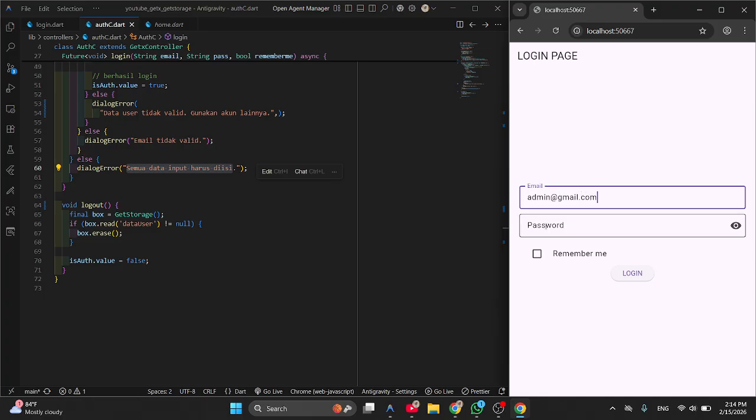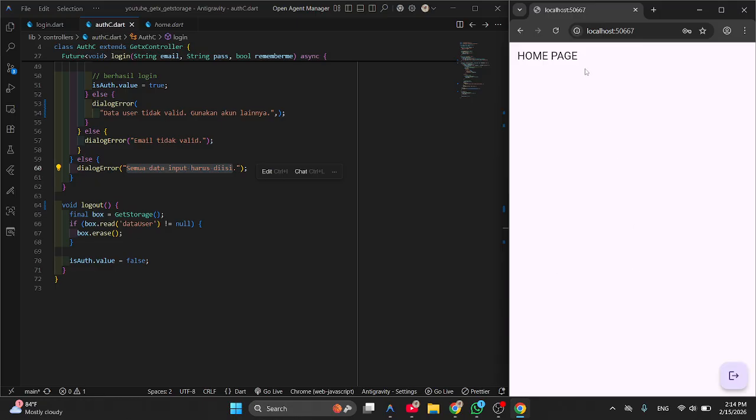Okay, so if I check the remember me checkbox, and I refresh the browser, let's see the result.